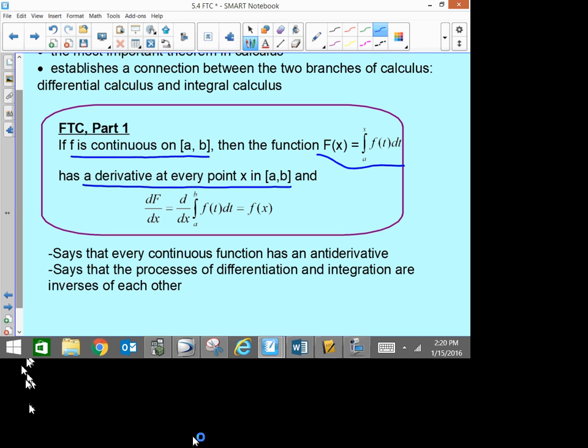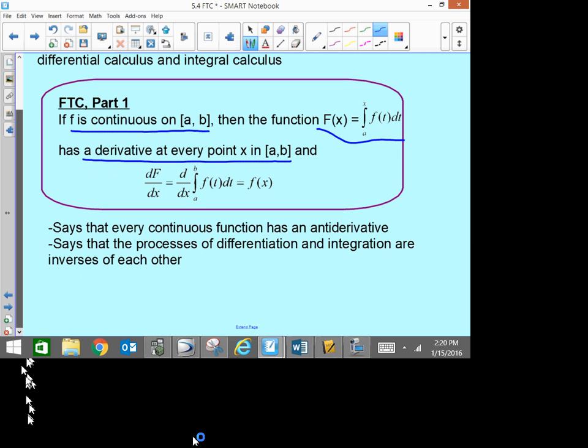Derivative of this side looks like this. Derivative of an integral looks like this. And basically all you do is take that variable and put it in there. Okay, don't get hung up on words. It basically says that every continuous function has an antiderivative, and the processes of differentiation and integration are inverses of each other. Basically says if you take a derivative